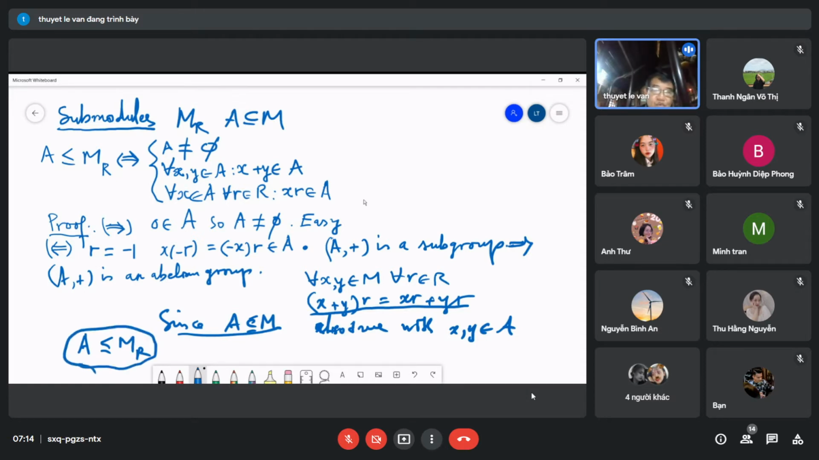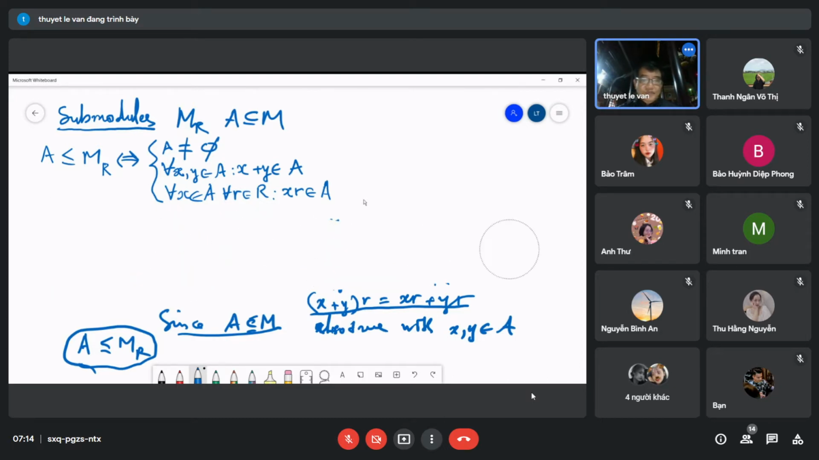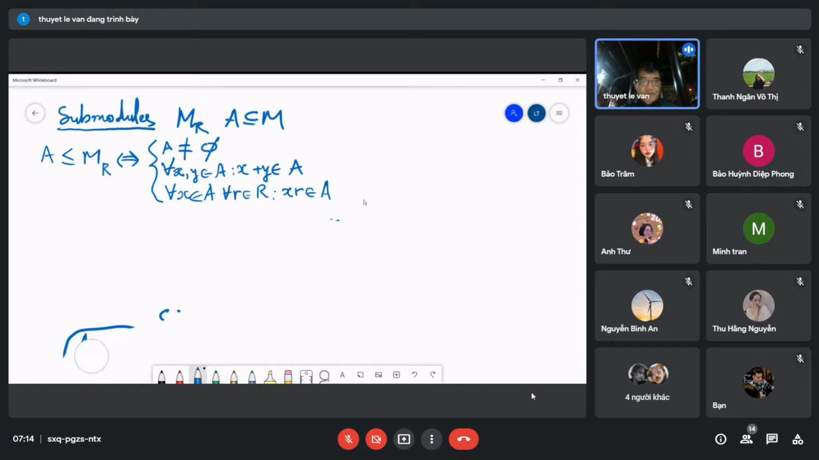So I have just proved the converse. So you remember that is for proving many subsets that are submodules of a module. So for example,